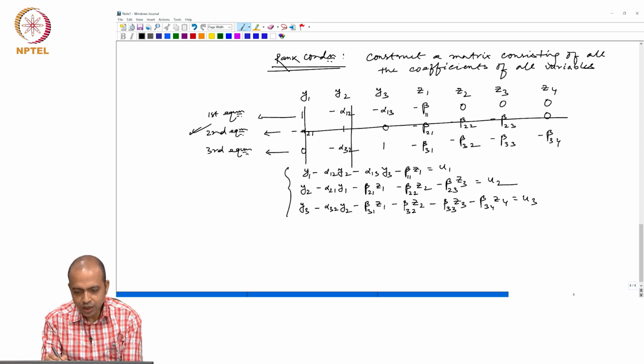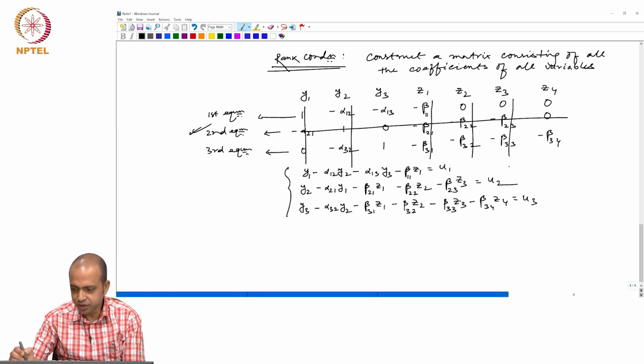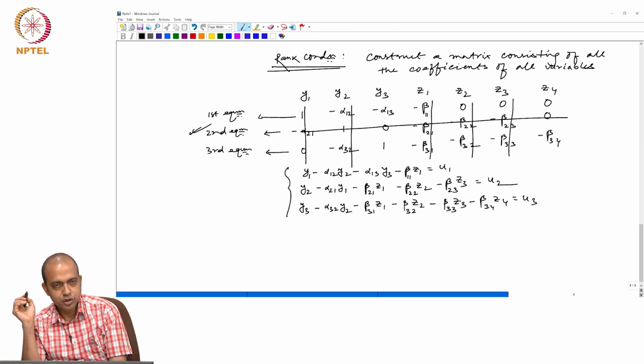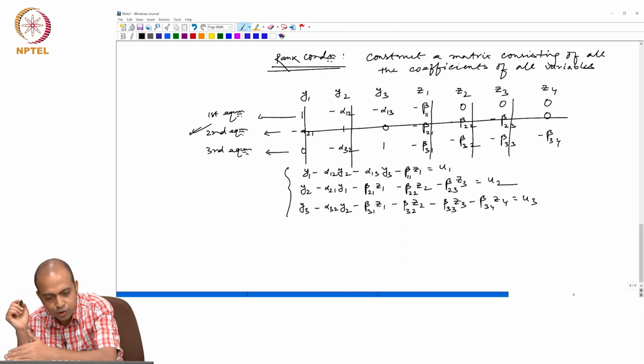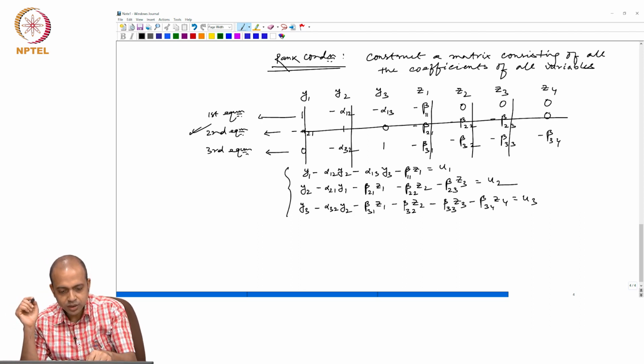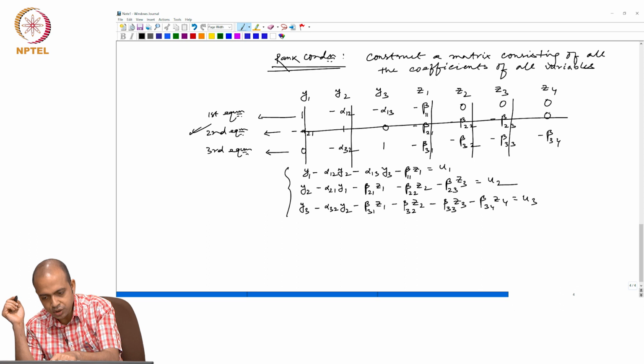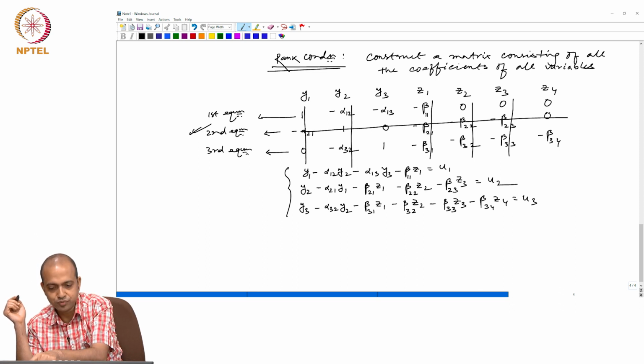Now here I don't have anything, this is 0, so I will not cross out this. This I will cross out, and this I will cross out, and this I will cross out, but this I will not cross out because this is 0. Is this clear? Second equation I will cross out, then I will cross out columns in which the second equation is having non-zero coefficient. This is crossed out because non-zero coefficient, this is not crossed out because this is 0, this is crossed out, this is crossed out, this is crossed out, this is not because again 0.